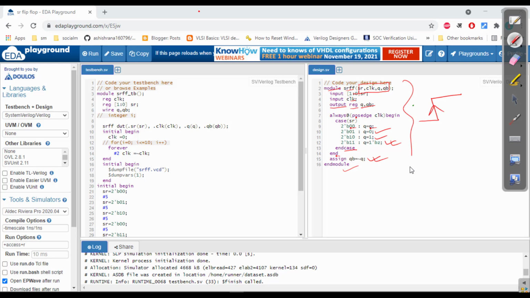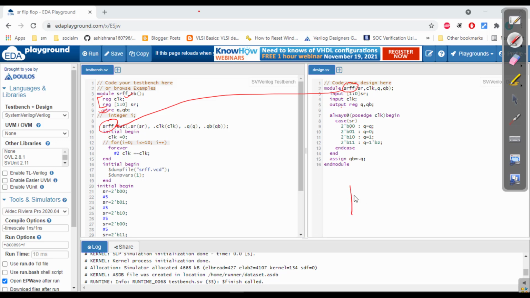So this is our code for the module. Now we will go for the test bench. So module, test bench module name, and there is no input output port in this. Now inputs will be reg, so clock and SR are reg, and output is wire in the test bench. Now we are instantiating our module. The name is SRFF, so we are instantiating this in the test bench, as the UUT, and connecting the ports of the SR flip-flop to the test bench.